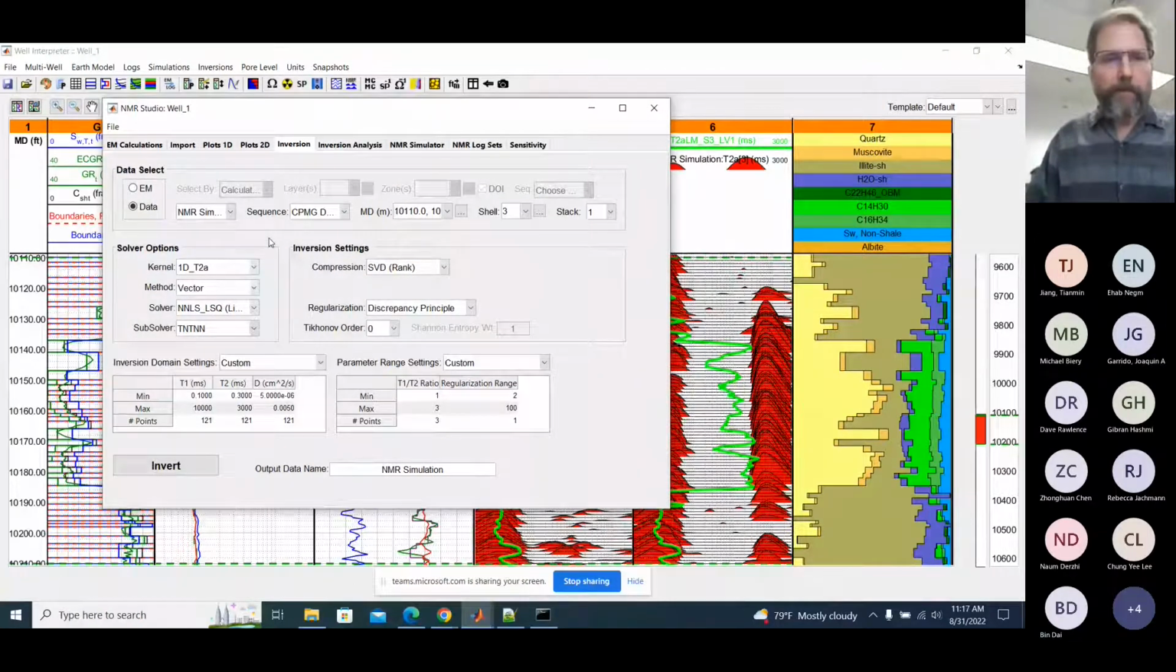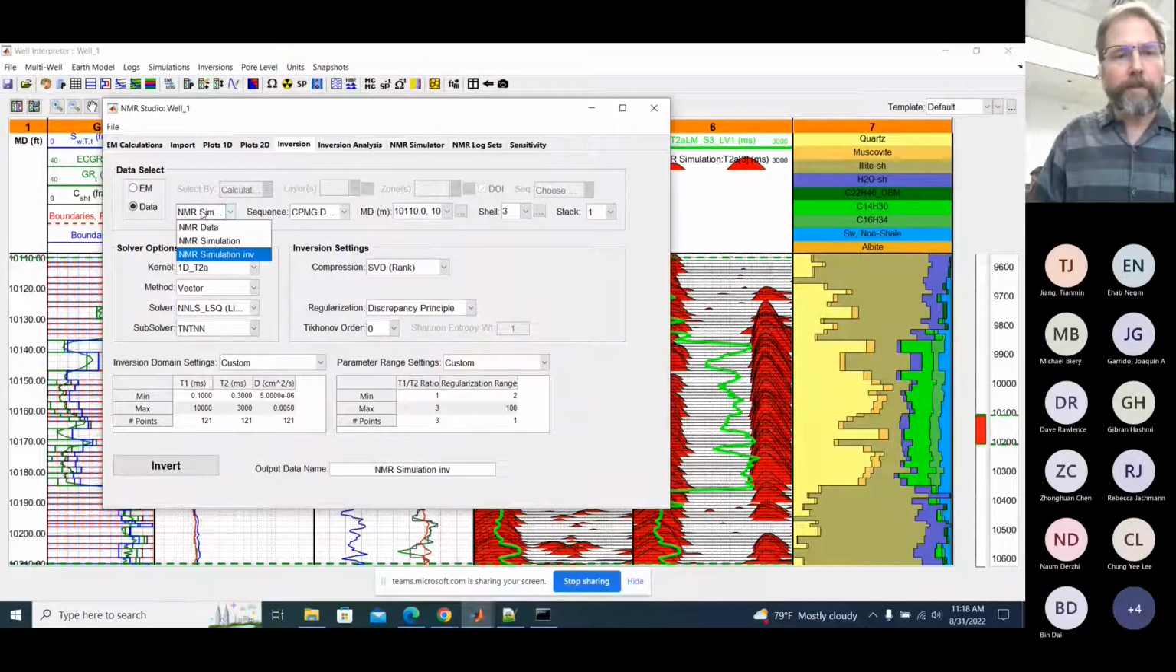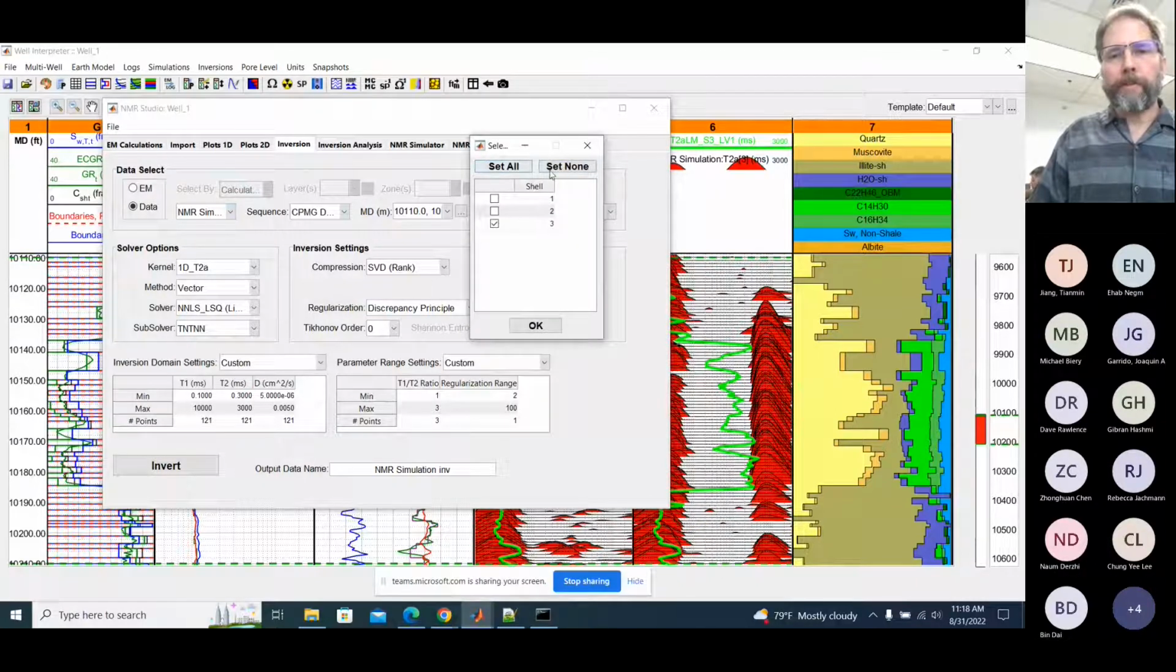So now we want to invert this. So now we be sure and change to the inverted sim. And we're using the same sequence. And now another difference is now we do have invasion. So we want to